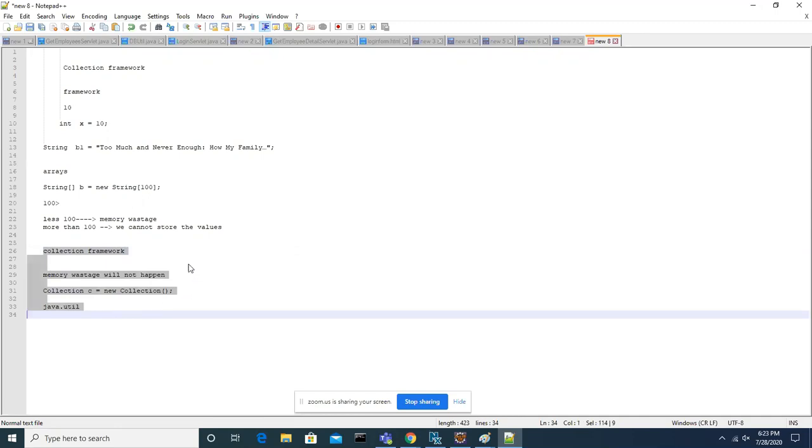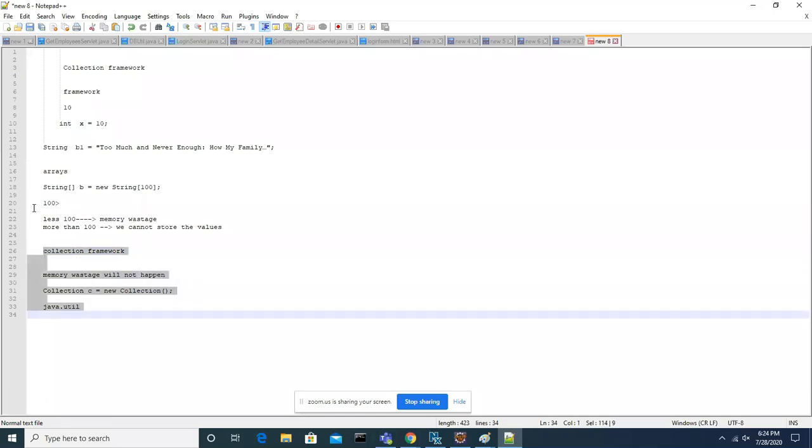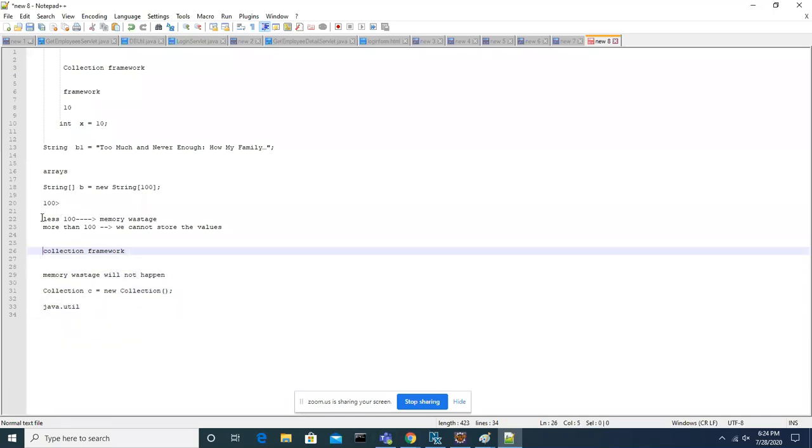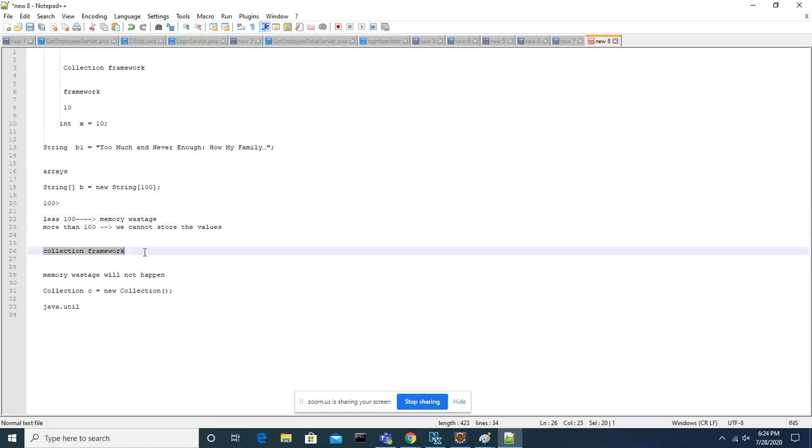And don't forget it. Just try to practice some examples on the Apache POI API and get back to me. Not only tomorrow, you can get back to me at any time, and one day we will discuss if you have any doubts altogether. I hope you understand the main advantage of the collection framework, and for what kind of problems. To avoid these two problems, we have the collection framework.